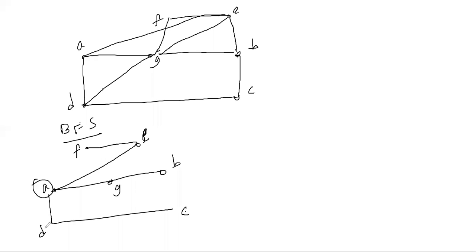First vertex A, then what did we take? D, G, E, the level 1 vertices. Next C, B, F, the level 2 vertices. So for this,